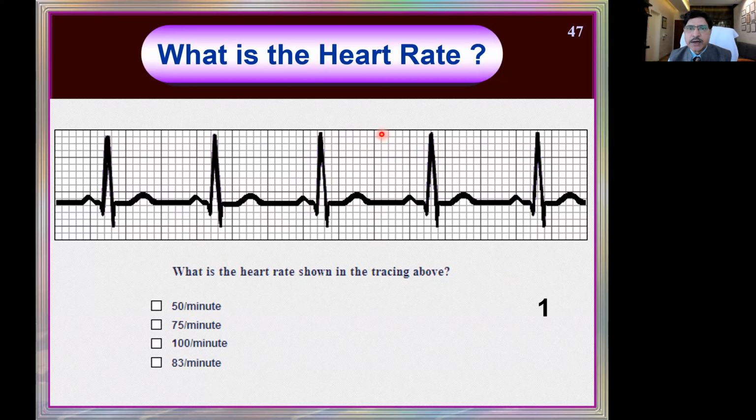This will be the 300, 150, 100 line. So it's exactly 3 squares away. 3 squares is 0.2 into 3 is 0.6. 60 divided by 0.6 is equal to 100. Immediately you can say that the rate is around 100. For example, you see the answer there. Okay, now